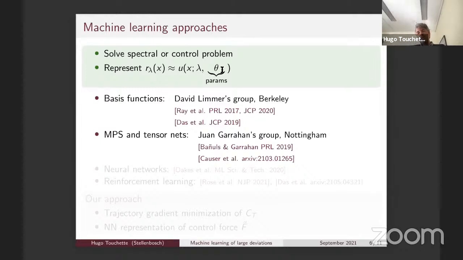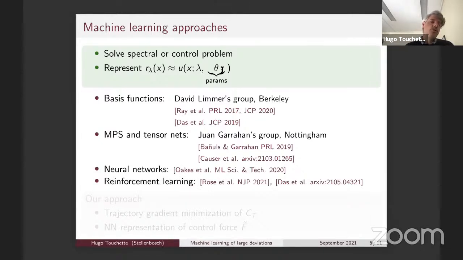For some other systems, especially jump processes defined on nets or interacting particle systems, you can also use matrix product states or tensor networks to represent the eigenfunction. So this is a different representation of the approximation for the eigenfunction. It's a different architecture that will involve different parameters. Then more recently, it's quite natural to use neural networks because you want to represent a very high dimensional function. It's been done in many contexts, and now people are starting to use the tools that have been developed, for instance, in machine vision to represent eigenfunctions. I'm putting some references on this.